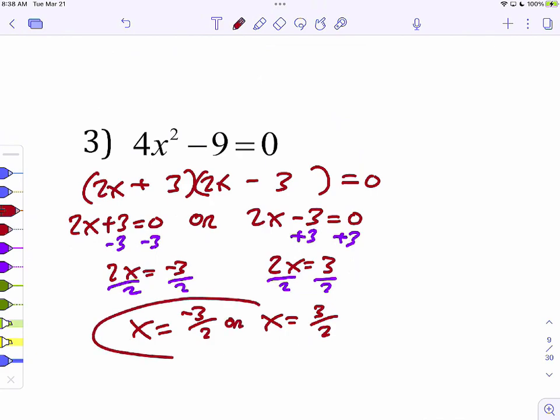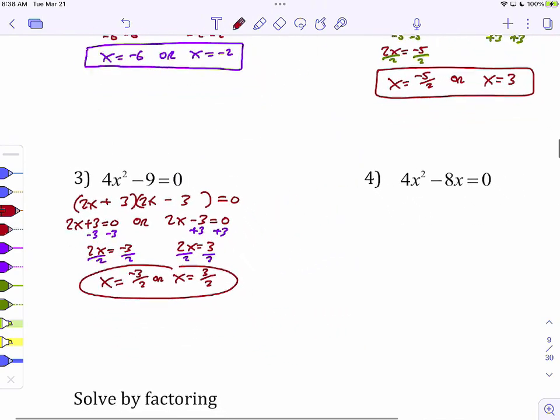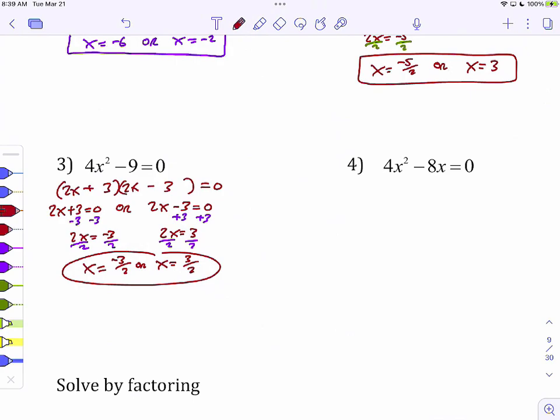For these first 4 problems, I have 1 of each type. So we had the trinomial where you don't need to guess and check. We had the trinomial where you do have to guess and check. We have difference of 2 squares, and number 4 is a GCF problem. So you should notice right away that you can divide these both by 4 and they both have an X. So it's a GCF of 4X. People do GCF problems wrong because before they even start the problem, they draw 2 sets of parentheses. So always check GCF. No matter what the problem is, look for GCF. If you can do GCF, you do it. And then